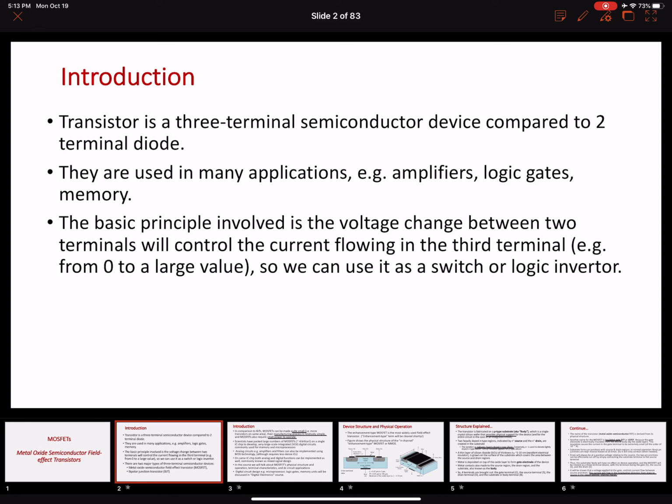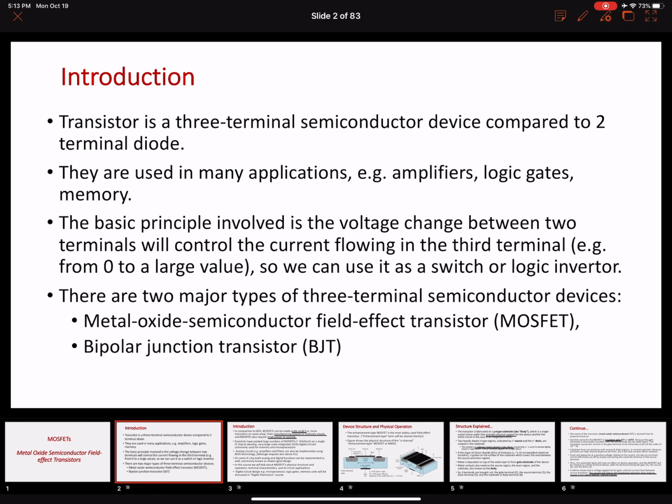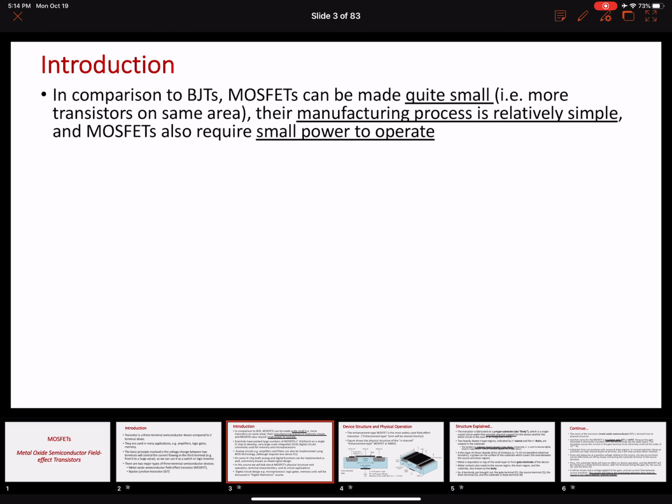We're gonna cover that in the rest of the portion of the course. We are going to talk about two semiconductor transistors. One is MOSFETs, metal oxide semiconductor field effect transistor. This is chapter number 5. We are also going to talk about bipolar junction transistor, which is chapter number 6. Okay. So moving forward,